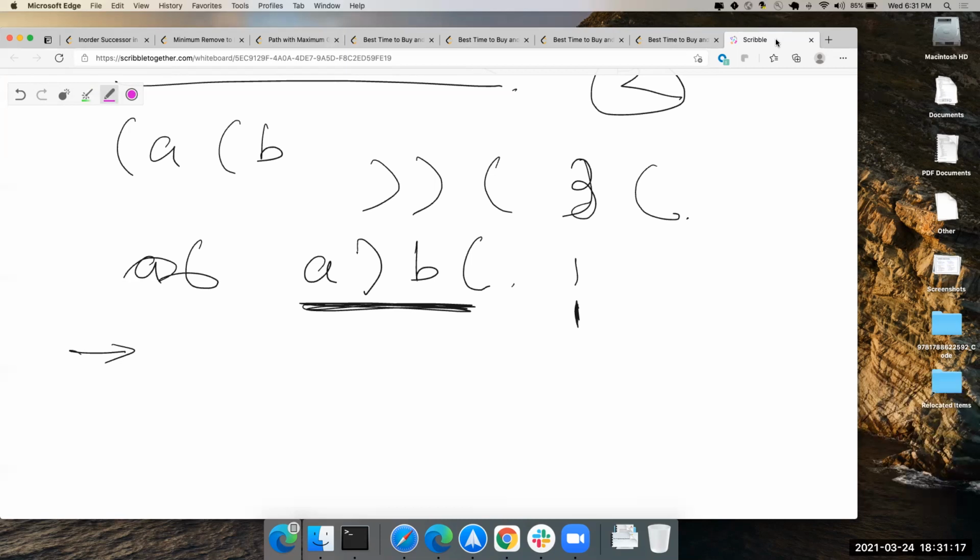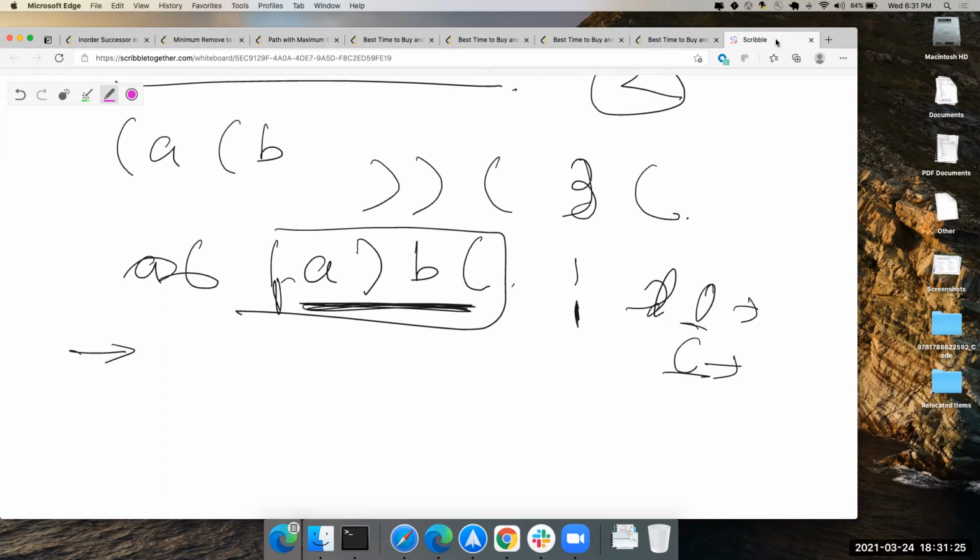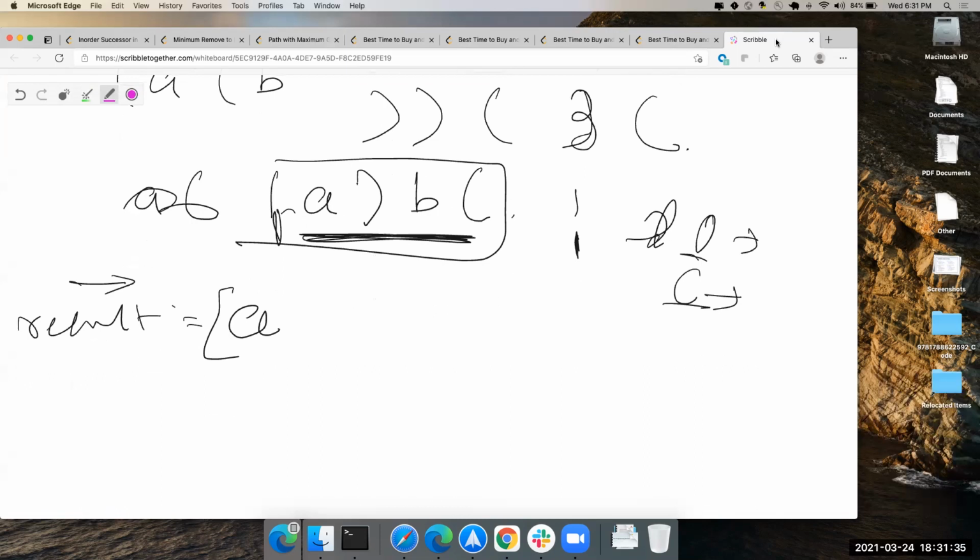Let's say this is my string, and let's say I have O's and C's, opens and closed. Let's say I'm building my result. Should I add A? No. Before even building the result, in one pass, you will get the count of open and close. I'm not doing any pass, I'm doing it in one pass itself. I'll build you the solution. Maybe at the end I'll have to do some manipulation.